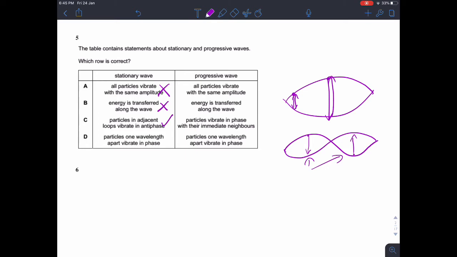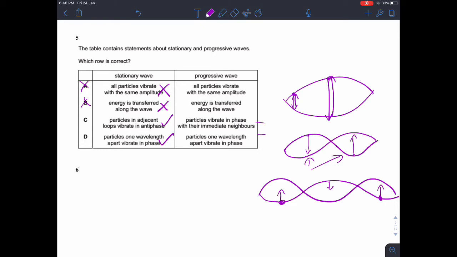And particles one wavelength apart vibrate in phase. Well, if we've got a standing wave like that, then one wavelength apart, this one's going up, this one's going down, this one's going up. These two are one wavelength apart, so they are in phase, so that one's true as well. So it's either C or D, so we need to figure out which one of these progressive waves ones is